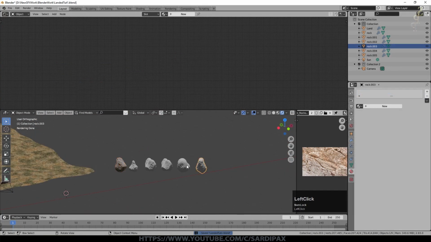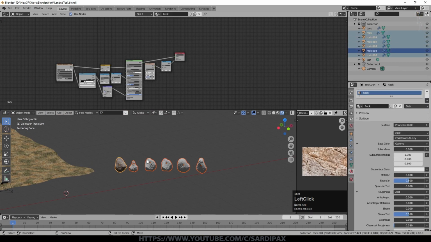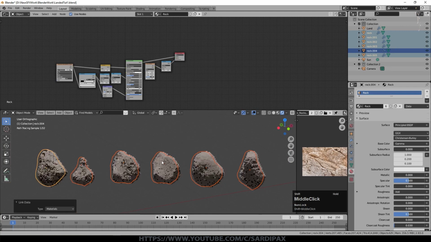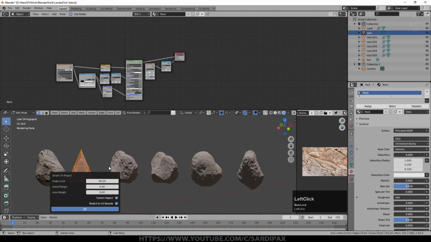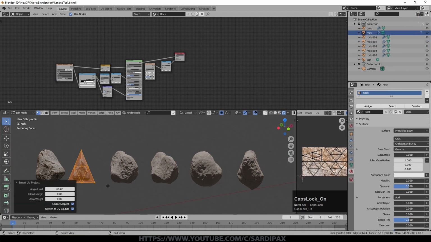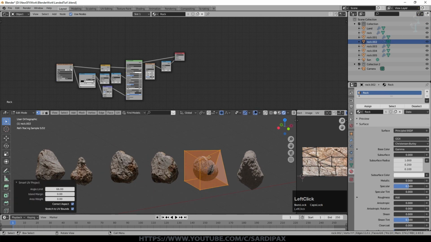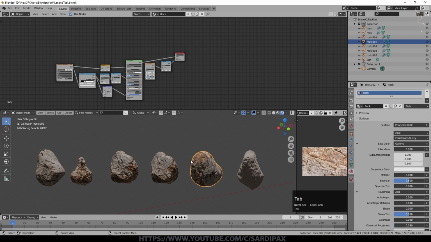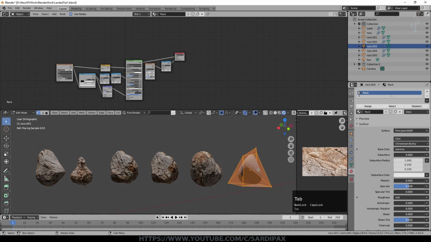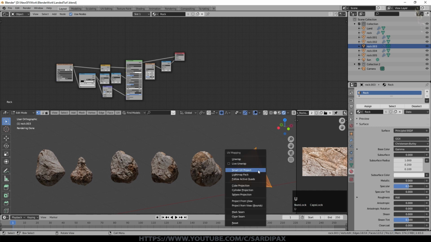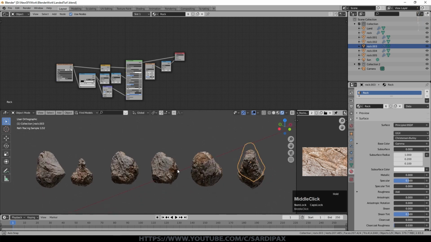So now we'll select, holding shift down, all these other rocks, and then finally select this one, Control L, and say link to materials. We haven't unwrapped these others, of course, so we now just unwrap each one. It's a pity the modifier doesn't do this for us. You can see with these rocks, they seem to change form while you're in edit mode, and that's because the add-on has actually created a cube and then added some modifiers to it to create this randomized shape. So there we go, there's our rocks.